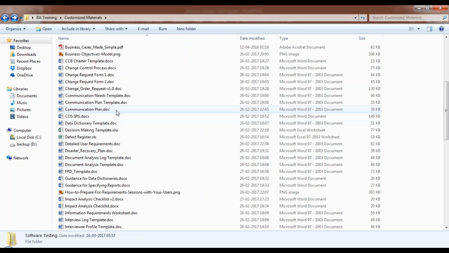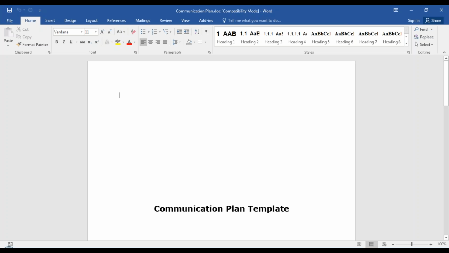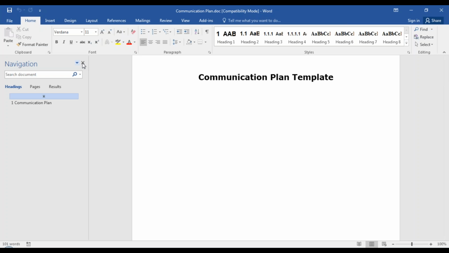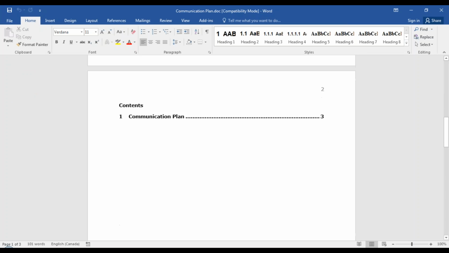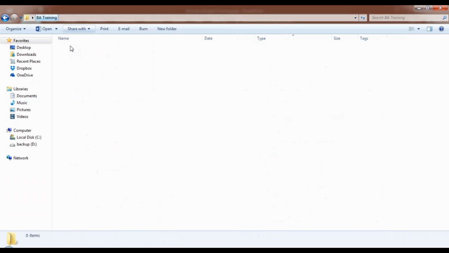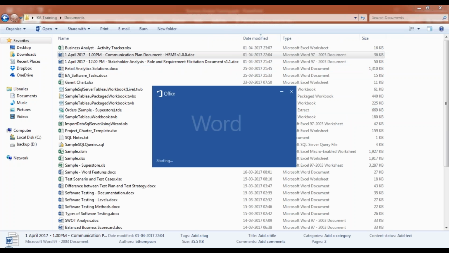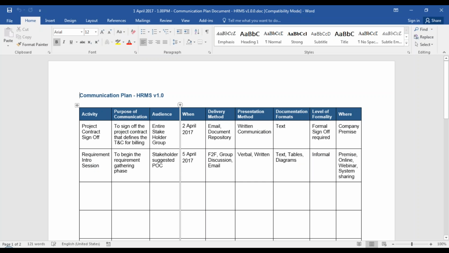A simple communication plan, how would it look? So here is a communication template that can help you record any type of communication. I have a sample communication which I've already created. Here's a communication plan document for a HRMS, that is HR Management System Practice.